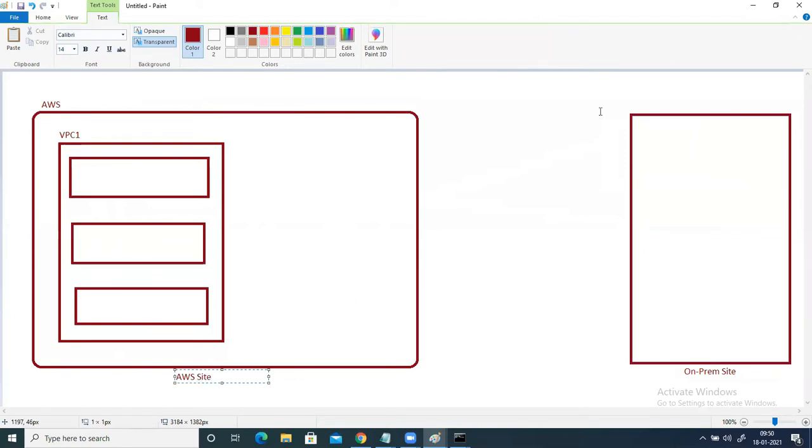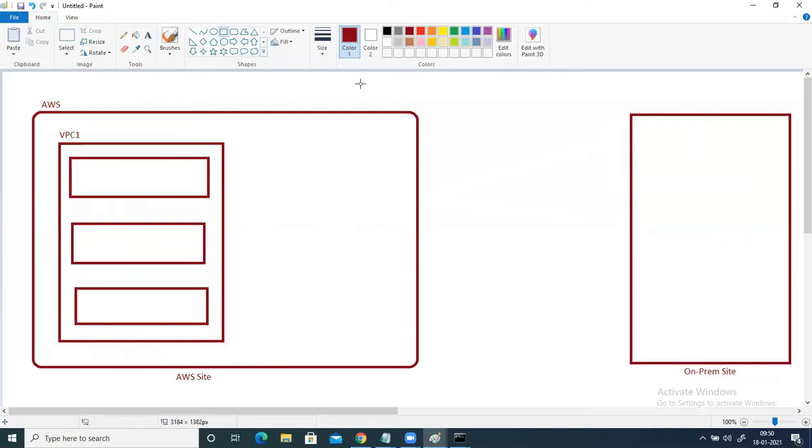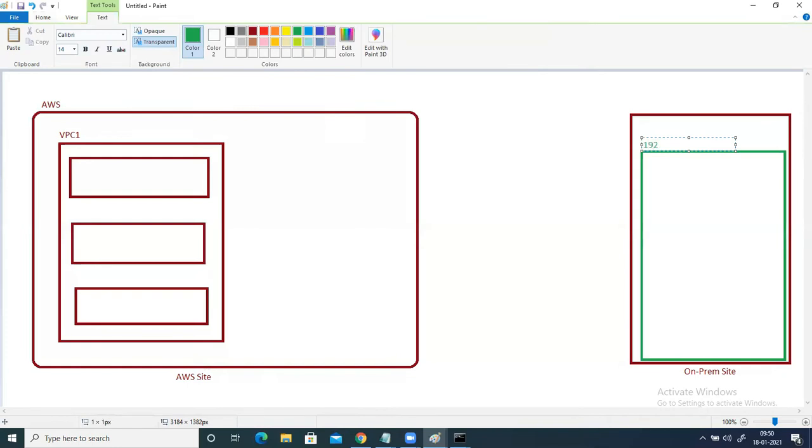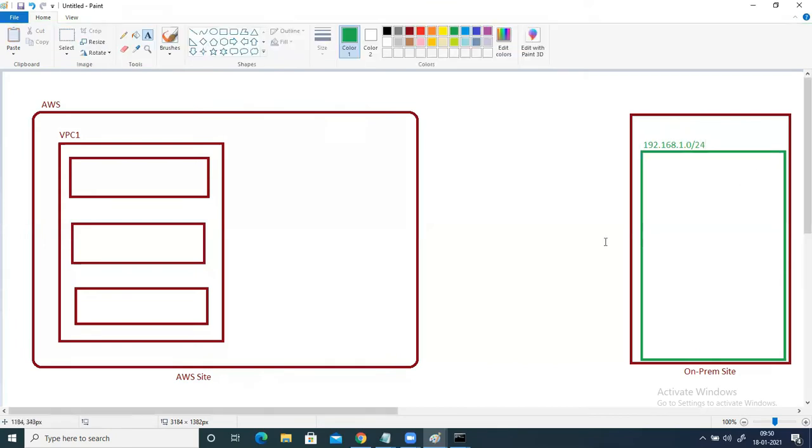Inside your on-prem also, you will have a private network. Let's say the range of the private network is 192.168.1.0/24. Now this is one private network of your on-premises, and this is a private network of your AWS infrastructure.